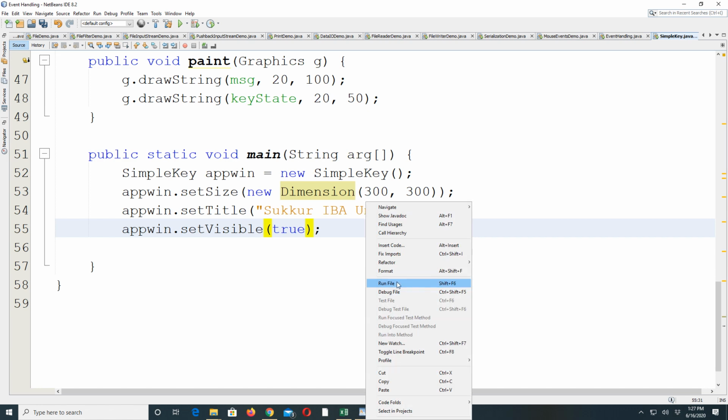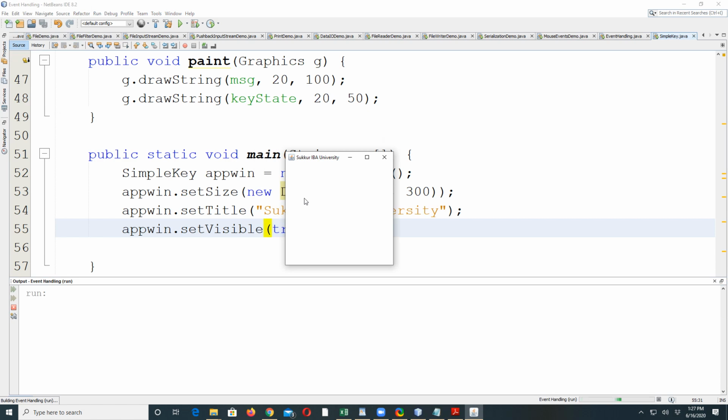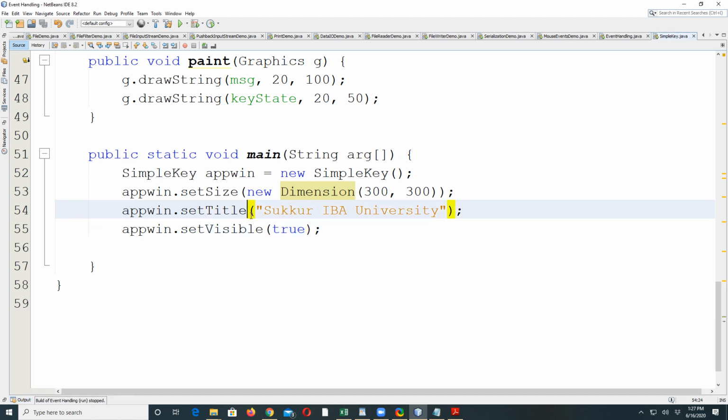Let's run it. You can see this is my frame here. When I press A, it shows key down. When I release, key release. B, C, G, whatever we are clicking, you can see this shows what event is being performed, and here we capture that key and we display it. Whatever you are doing, it's not necessary that you capture all this inside a frame. You can also do it in a text field, in a text area, whatever you want.